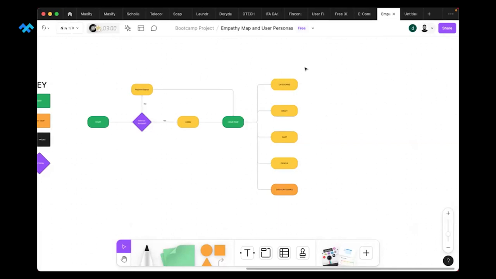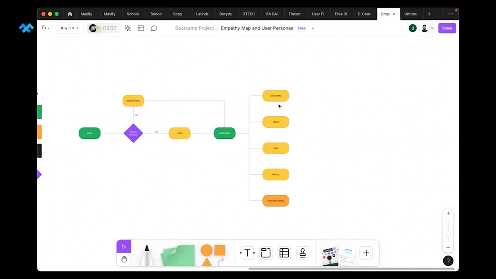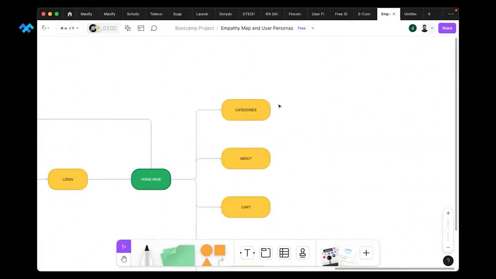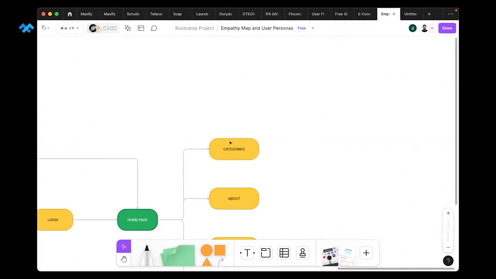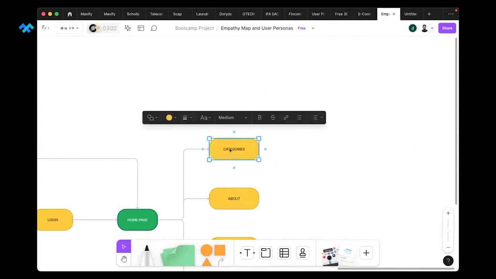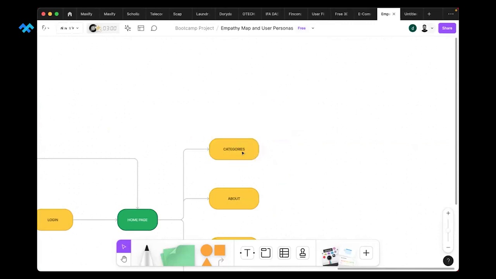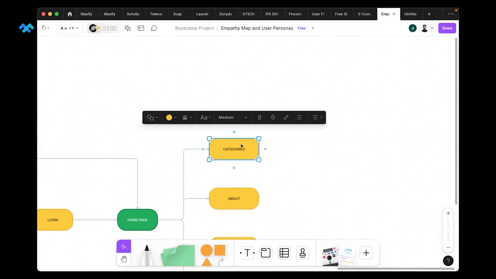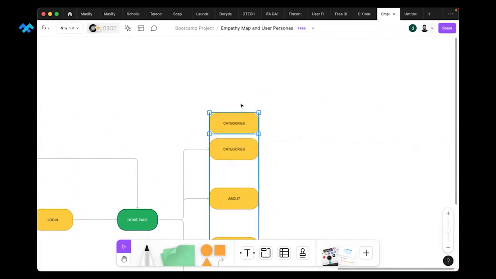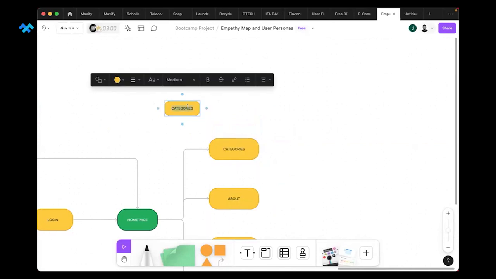Okay. All right. So in your categories page, you might want to have some end notes. End notes might not actually come here, but just to show you how end notes work. So in your categories, remember the system I told you about, maybe